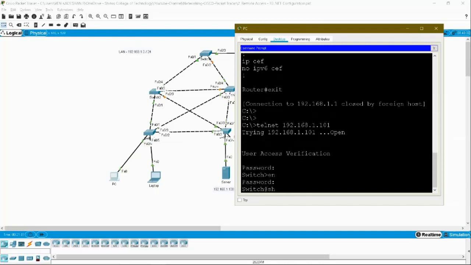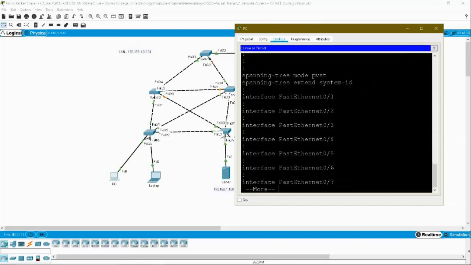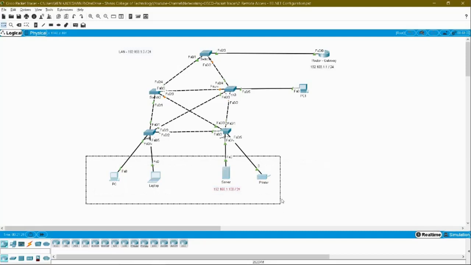Enter. So from here you can do the configuration, and it allows you to access your devices like routers and switches from anywhere at any time. This is what we call remote access by using the application layer protocol telnet.